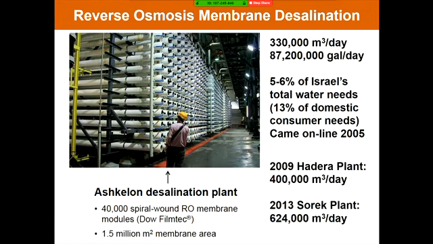They went on up the Mediterranean and later built even larger plants. There's recently been one commissioned that is on the order of 700,000 cubic meters per day. And so this has been a real success in the membrane area and has really given us a great deal of hope that we can further develop this technology going forward.